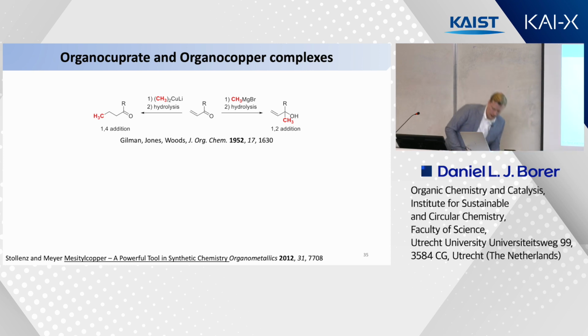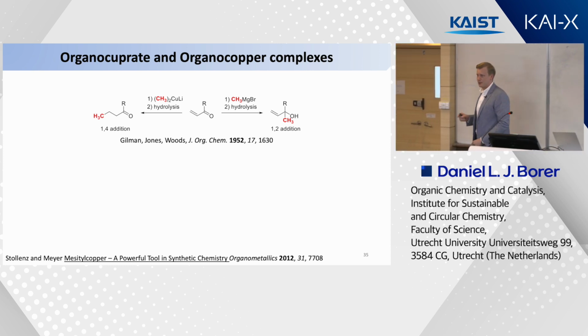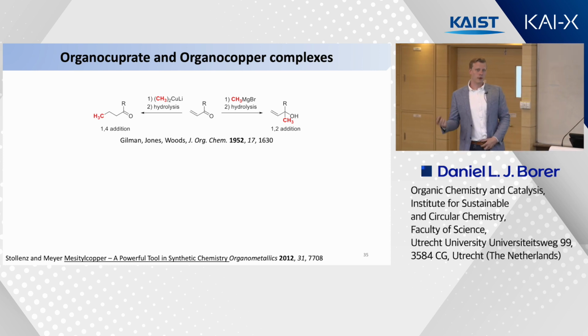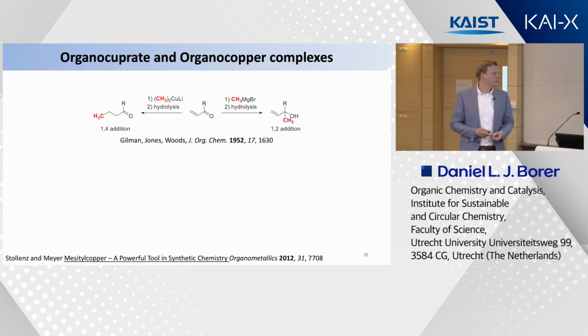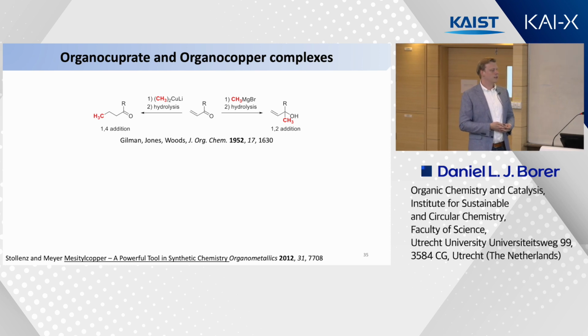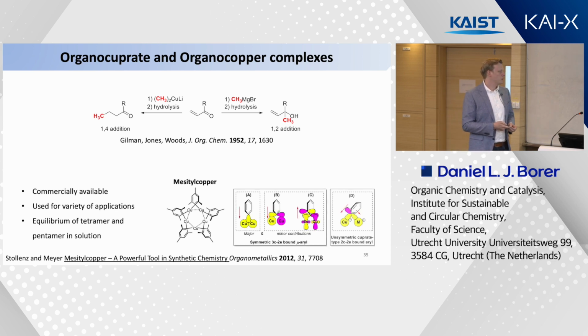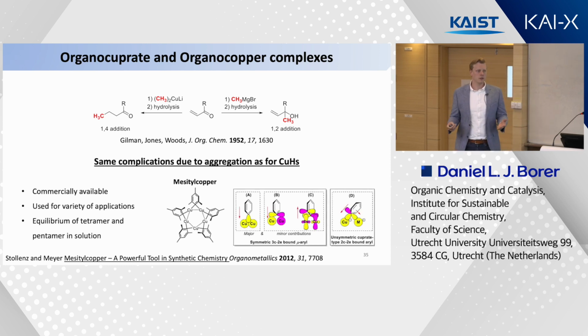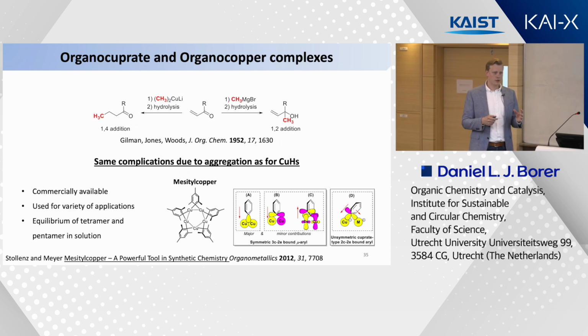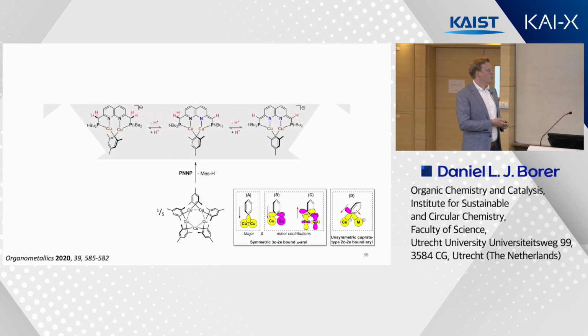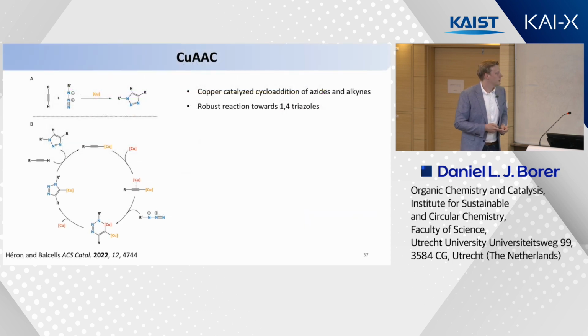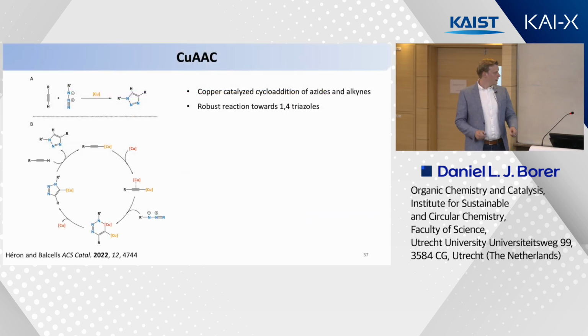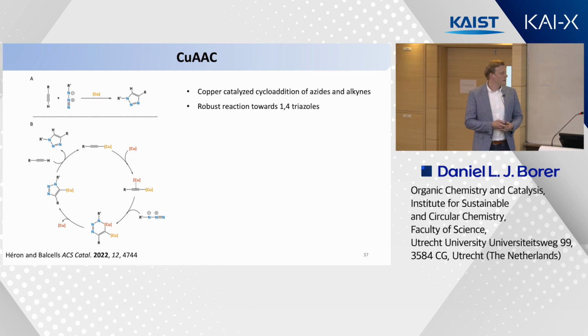Let me quickly wrap up the last part, and I would like to quickly shift gears from copper hydride chemistry to organocopper chemistry. So basically, same stuff. If you take a Grignard, you do nucleophilic addition on the ketone, make an organocopper or a cuprate, and you get 1,4 addition. I'll skip this, but basically we have the same complications as for copper hydrides. You get aggregations, various aggregation states, and we've also been able to make some well-defined copper systems, but I'll skip to that. Because this is the stuff that has come in last week that I'm really excited about,